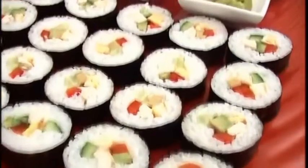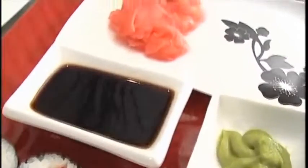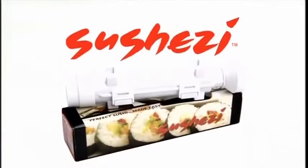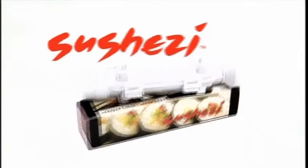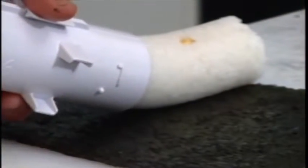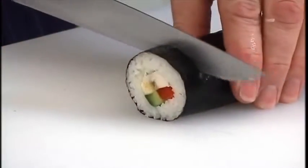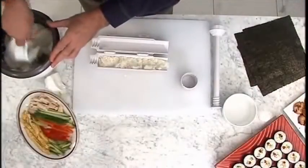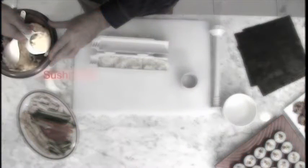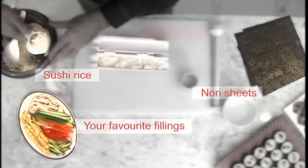Fresh, delicious and nutritious food, and making delicious sushi at home is now easy with the Sushezi. The Sushezi is fantastic for healthy lunches, impress guests with sensational starters, or simply enjoy beautiful Japanese cuisine at home. To make the perfect sushi every time, all you need is sushi rice, nori sheets, your favourite fillings, and the